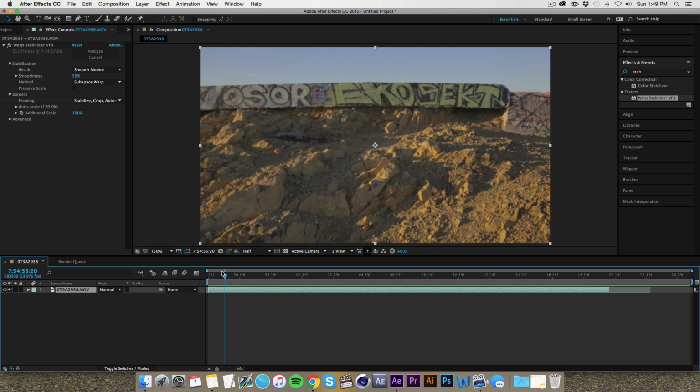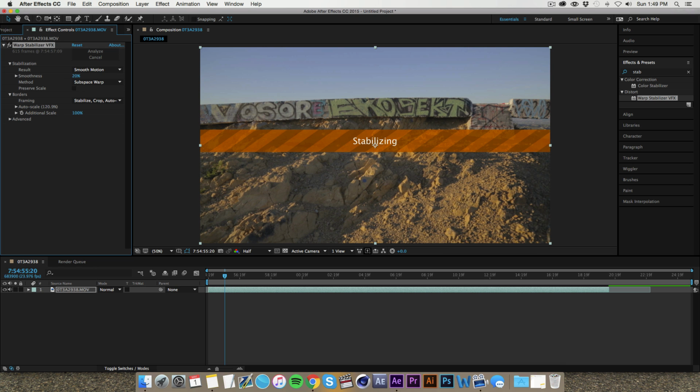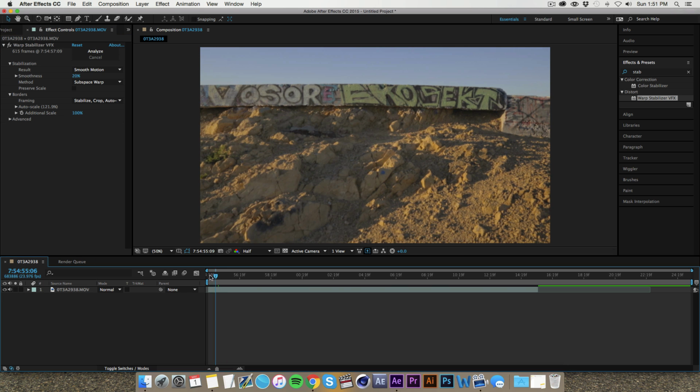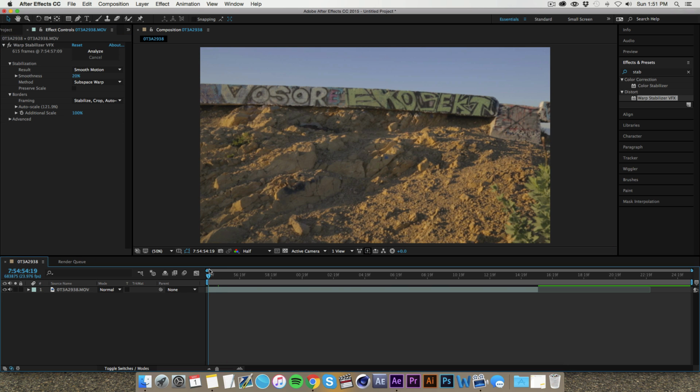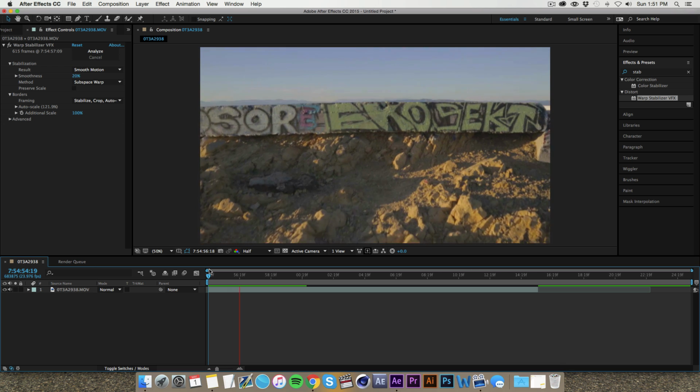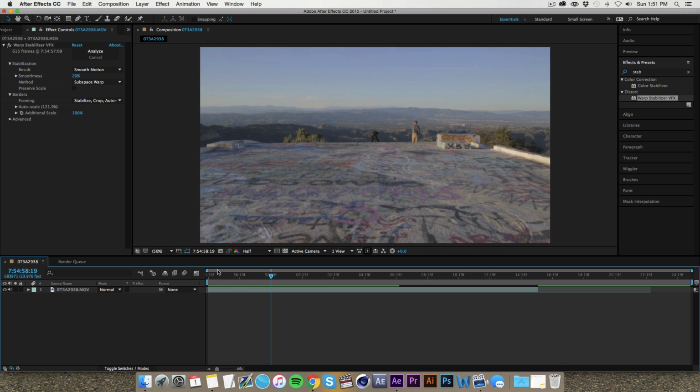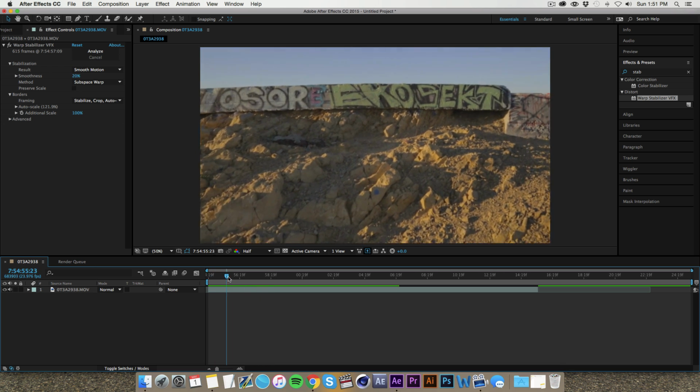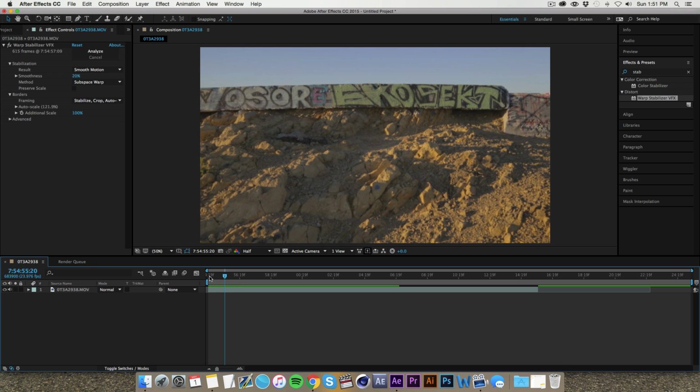But what we can do to cut this back is go down to our smoothness under stabilization, and we're going to bump this down. Let's start out with 20%, going down from 50 to 20%. It's going to restabilize. It only takes a second. Okay, so we've taken it down to 20%. Let's see how it looks. So obviously we can tell that it's still extremely wavy. We still have the problem that we had before, and so let's take it down even farther,